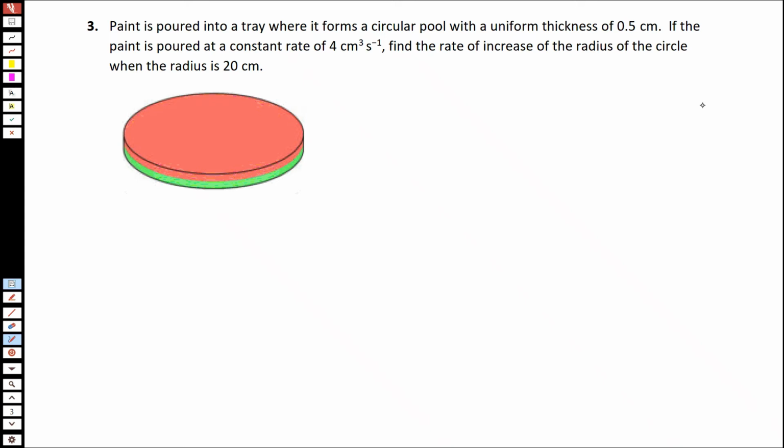In this question, it's given that paint is poured into a tray where it forms a circular pool with a uniform thickness of 0.5 centimeters. If the paint is poured at a constant rate of 4 centimeter cubed per second, so basically, what is given in this question